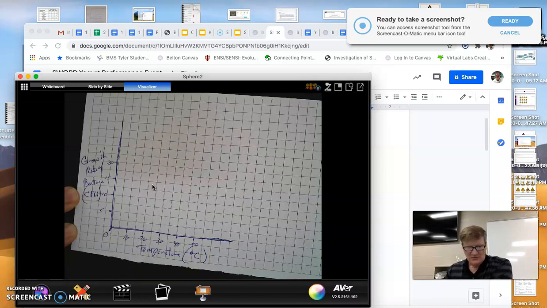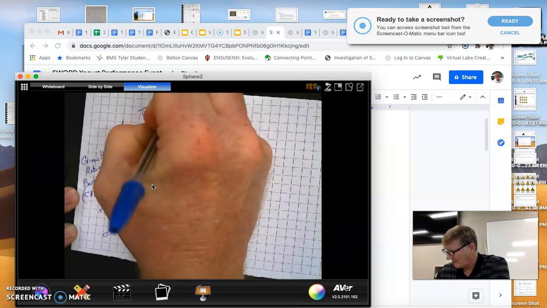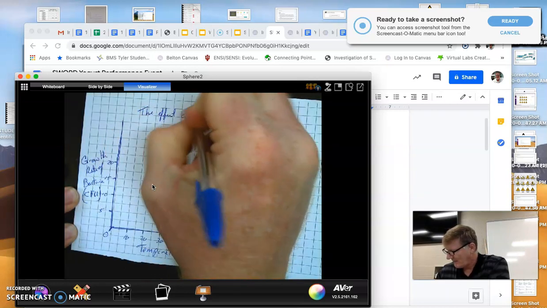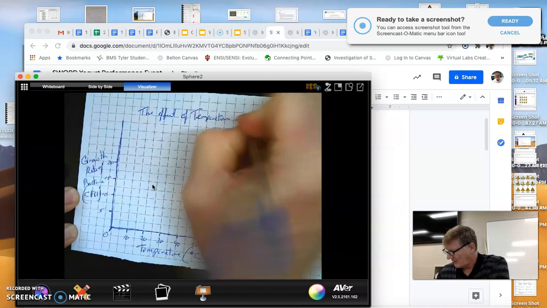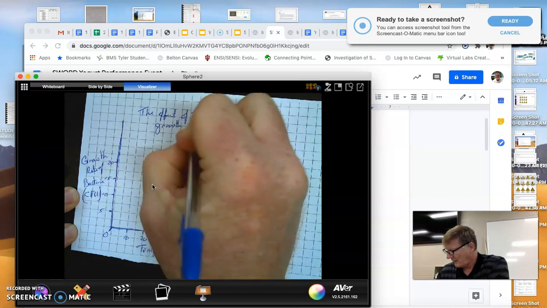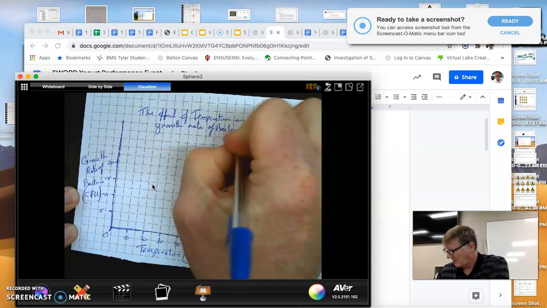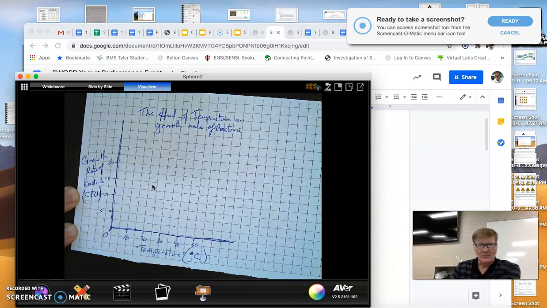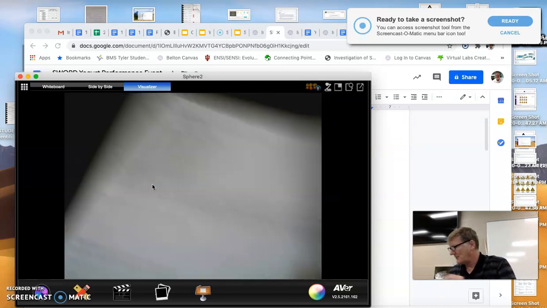My title would be the effect of temp on growth rate of bacteria. Then I would plot this as an XY coordinate graph. So if I'm looking at my data table,